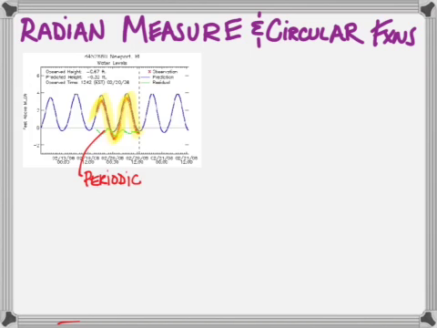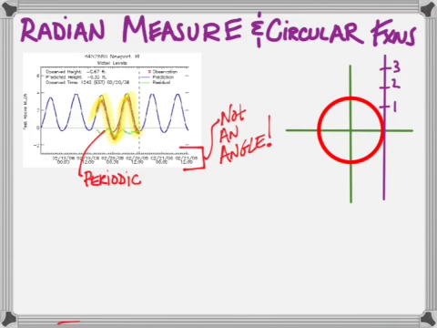So we come to this problem of, we want to use a periodic function. I want to fit a curve to it, but it doesn't have the right domain. I don't have degrees. So we come up with this thing of radians. All right, so it's not an angle, but we should be able to fit a curve to it. So what we do